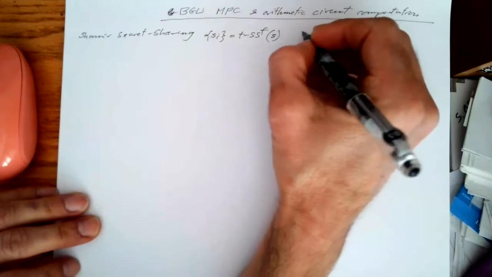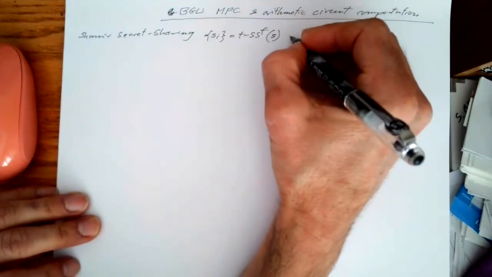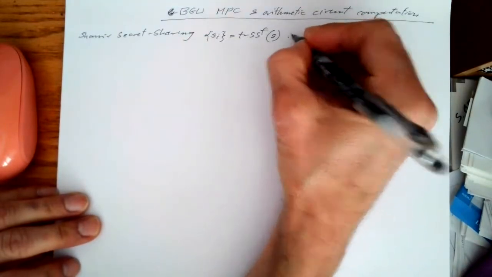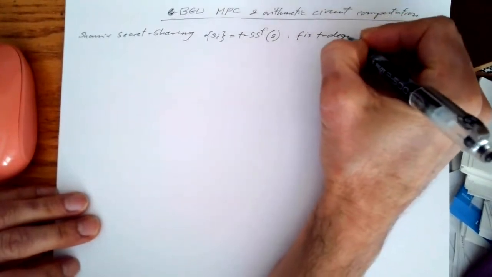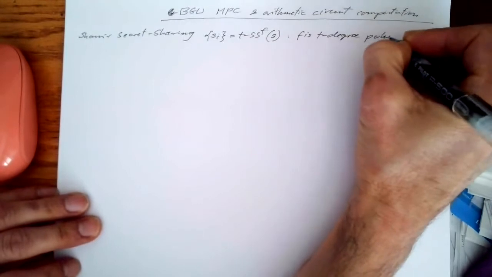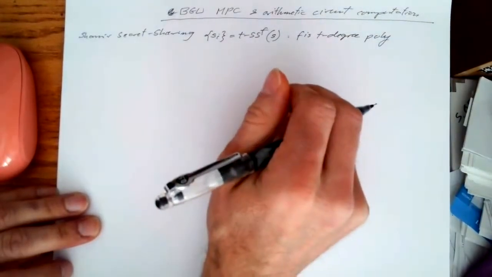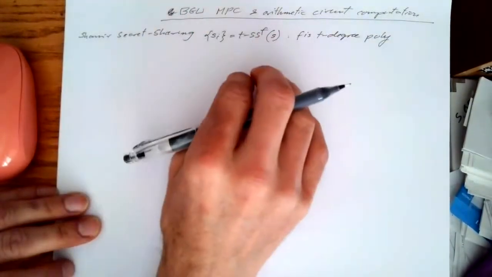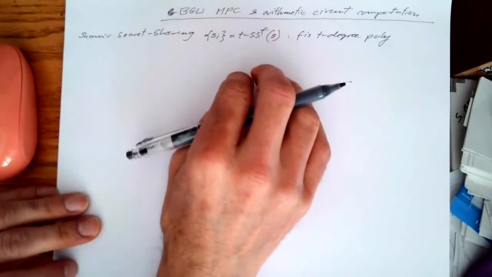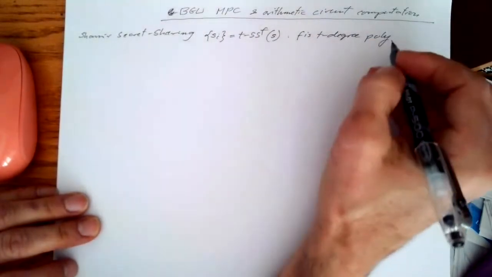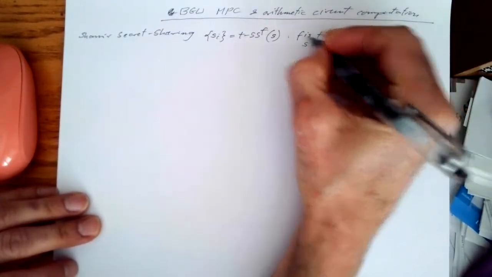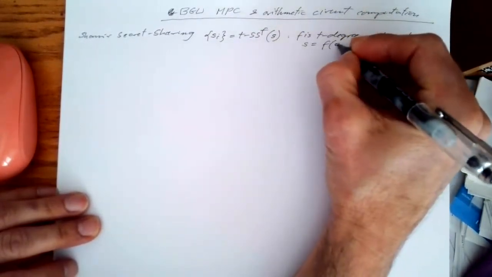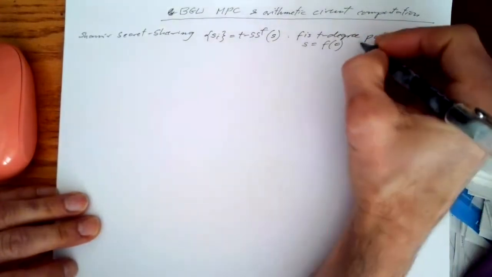So this will stand for the fact that f is a T degree polynomial over some field. We will not note the field. Everything will be in the field now. T is a T degree polynomial such that S, the shared secret, is the value of the polynomial at 0, and